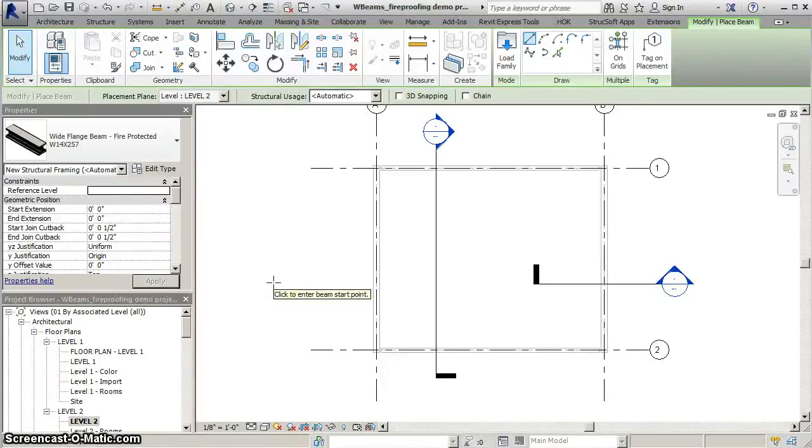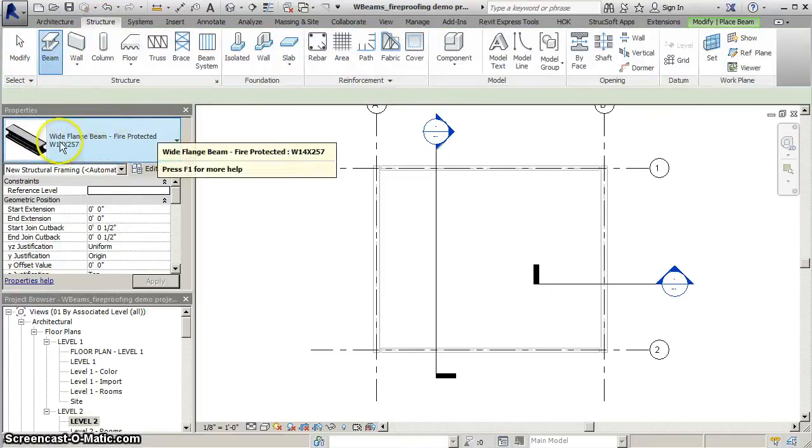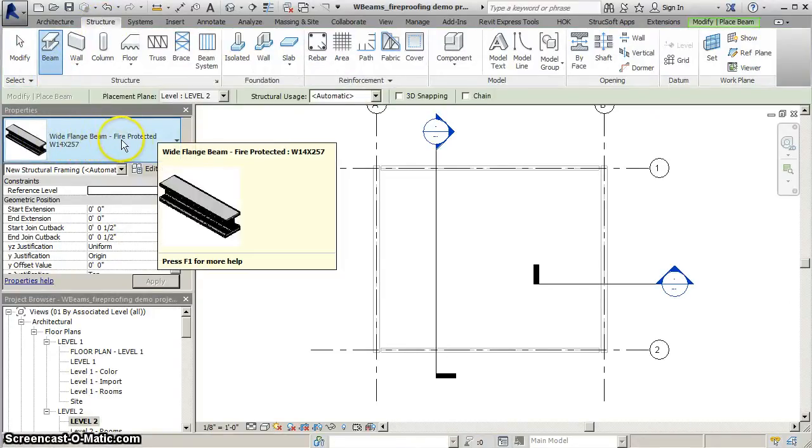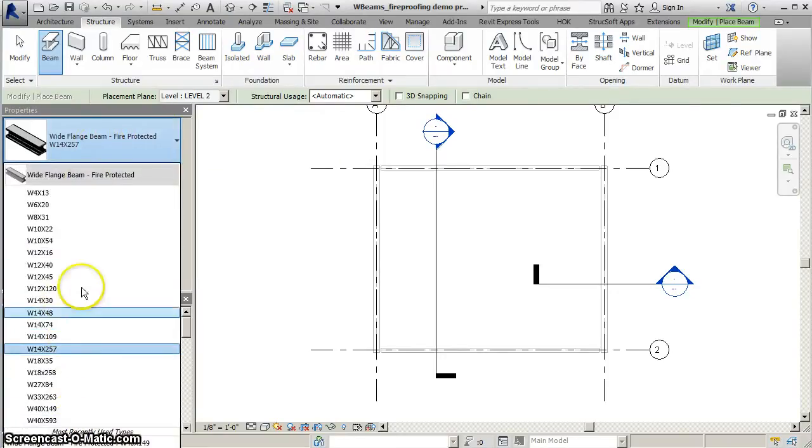Hello everybody. I wanted to talk about this modified beam family that we're going to be using in the structural model. If we go to structure beam, you can see the family is simply wide flange beam and fire protected. The catalog is the same as the native structural family that ships with Revit. Everything is exactly the same as the regular wide flange beam family, except there is a fire protection model into